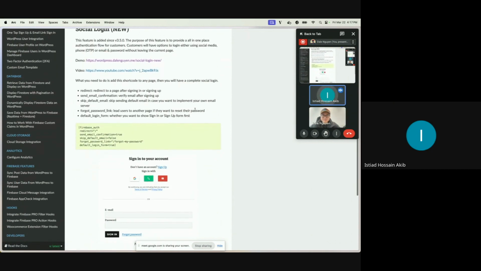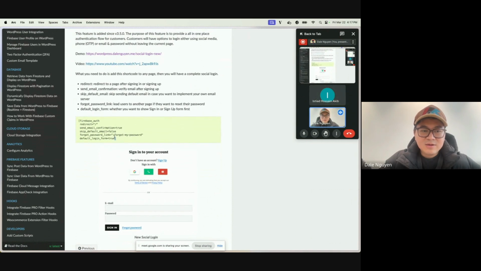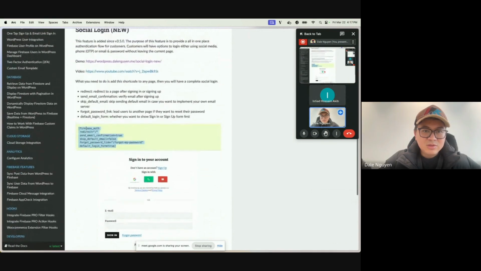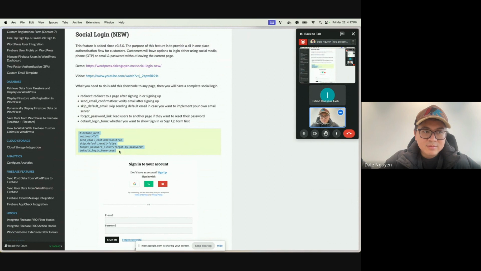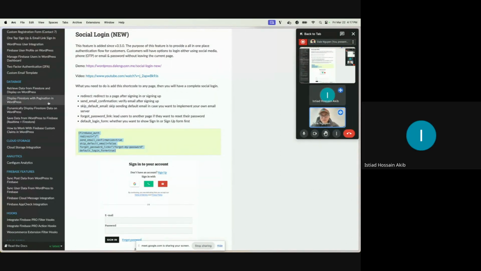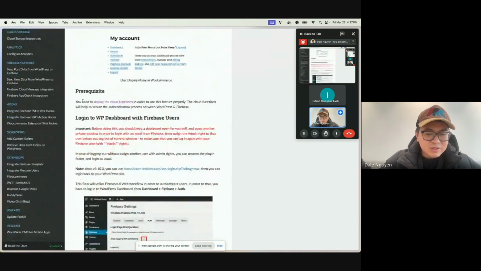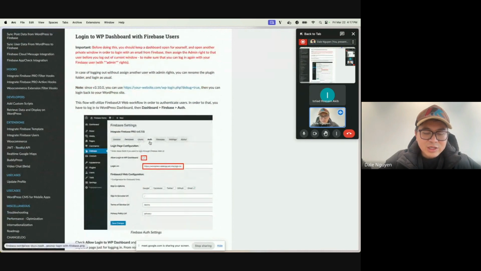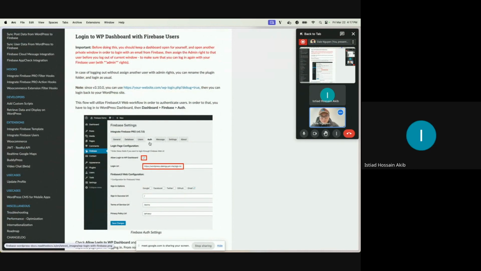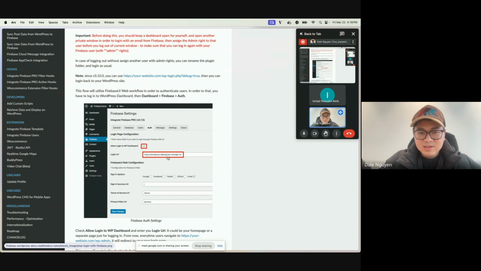And this is the short code. This is the short code for the social login and email. All you need to do is put this into a login page that you created, and then turn on this feature. Under the authentication tab, you need to enter the link where you want to go to login,